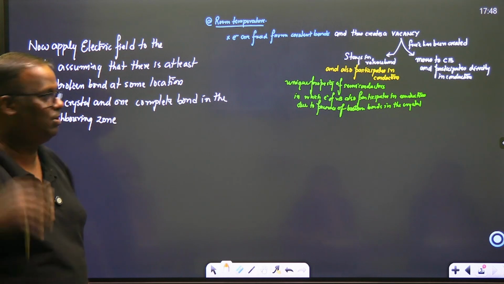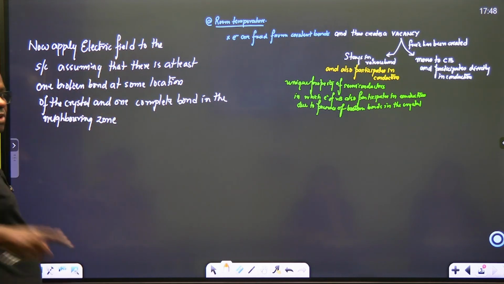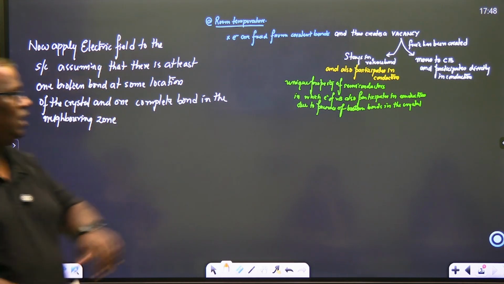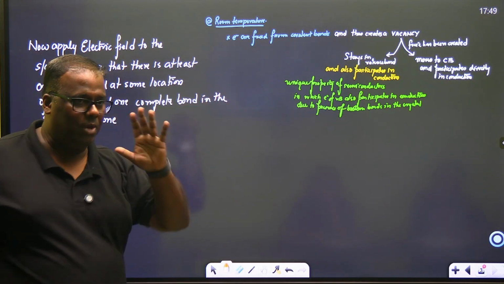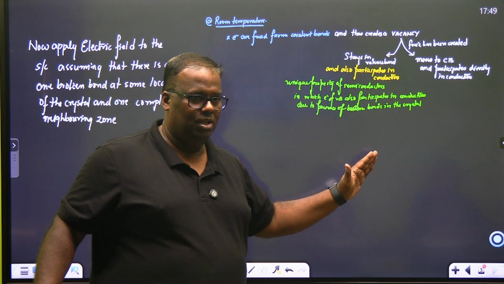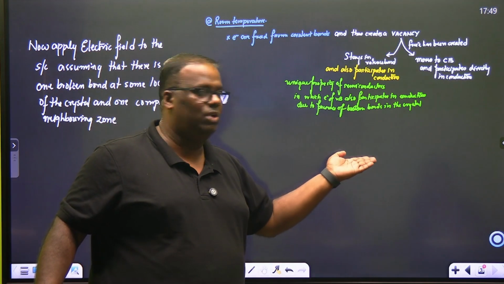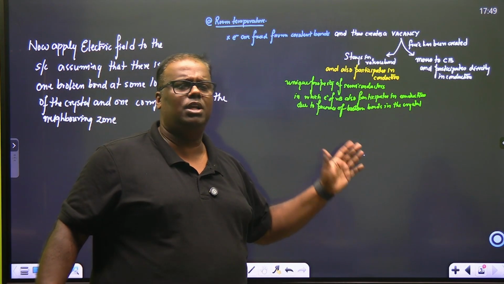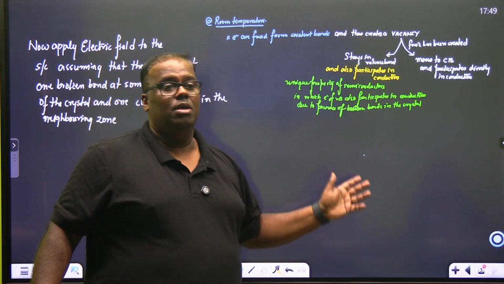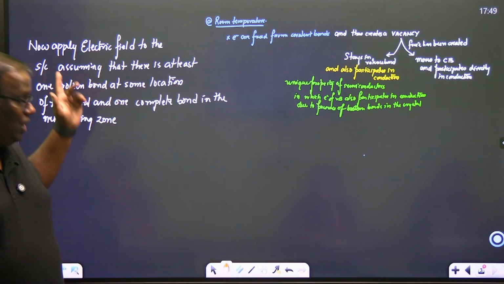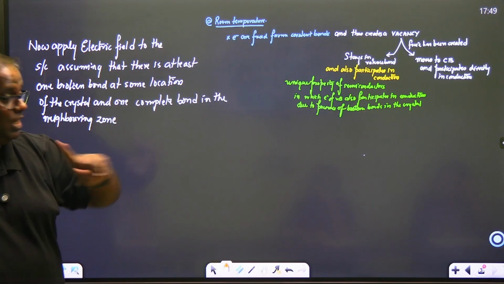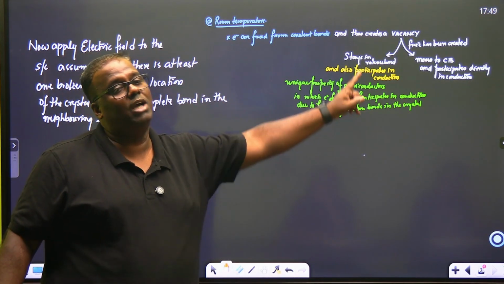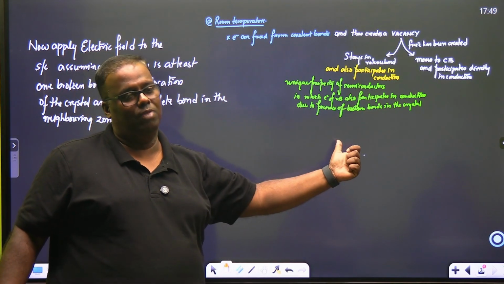That's the concept, okay? So we have applied an electric field. Assuming, see, if every electron was bonded, the electric field would not have done any job. If you apply an electric field to an insulator, and you keep an electric field nearby, nothing is going to happen. But we are applying the electric field now to this semiconductor because this semiconductor now is not an insulator. It has free electrons which might be either in the conduction band or maybe in the valence band.